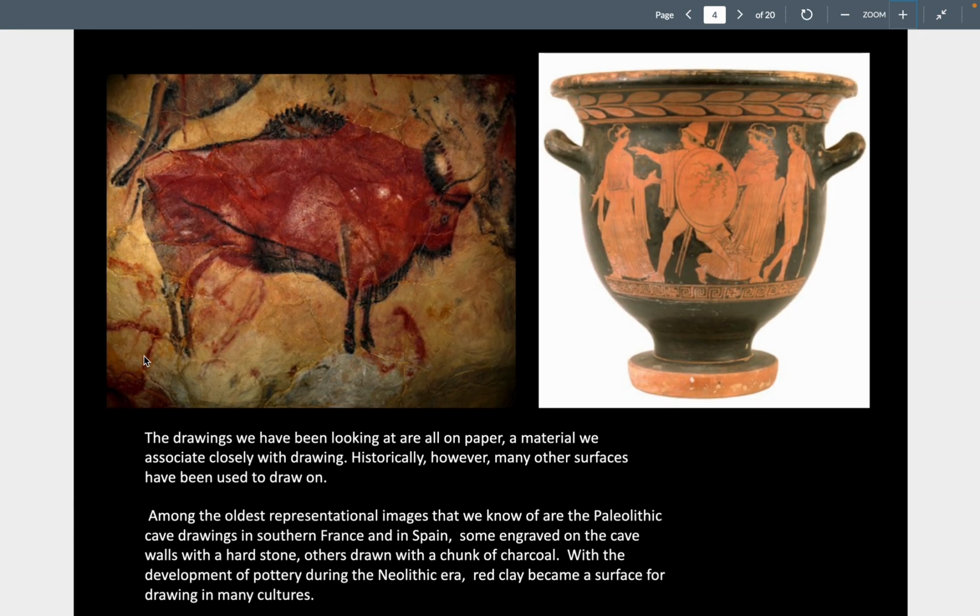We see early drawings on things like cave walls. Here we see, I think, a reproduction of a bison at Lascaux or Altamira in Spain, or Lascaux in France. It just looks in too good of a shape to be 10,000 years old or more. So it looks like probably black charcoal makes up a lot of the hair and the hooves. And I'm guessing some sort of red clay is probably making up the reddish part of the bull,